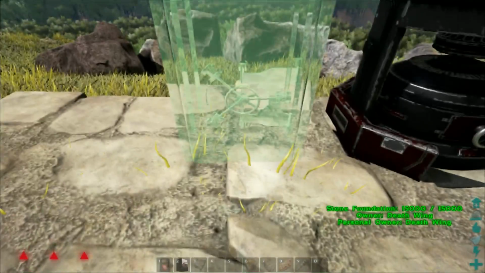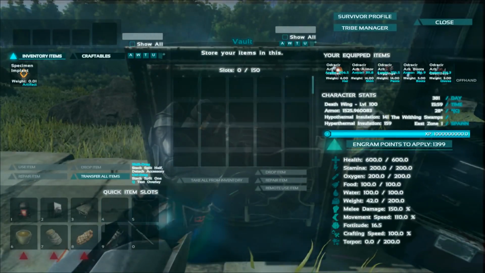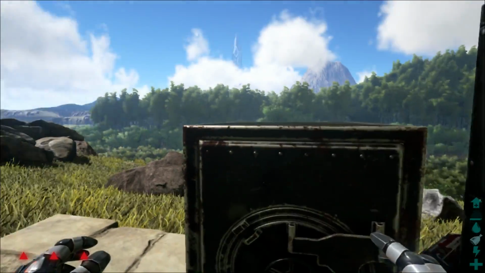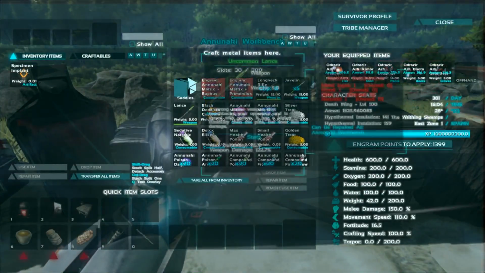And then this is a little vault that, there you go. It looks pretty cool. It looks like it has like bloodstains almost on it. And it has 150 slots, and the health is 50,000. So it's basically that huge vault, but pocket size. So that's pretty cool. Alright, so we have some other stuff in here, like we have weapons, like we have